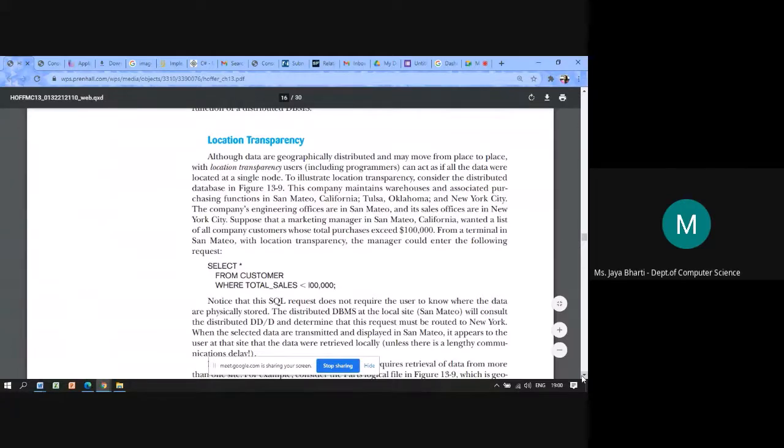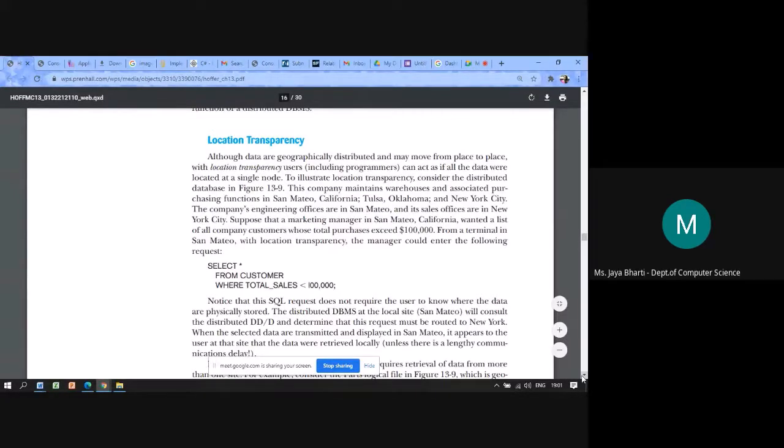The distributed database management system at the local site, that is San Mateo, will consult the distributed directory and determine that this request must be routed to New York. When the selected data are transmitted and displayed in San Mateo, it appears to the user at that site that the data were retrieved locally. So in this scenario, the data is actually located in New York, but the user passes the request through San Mateo.